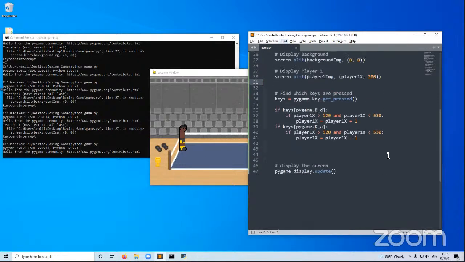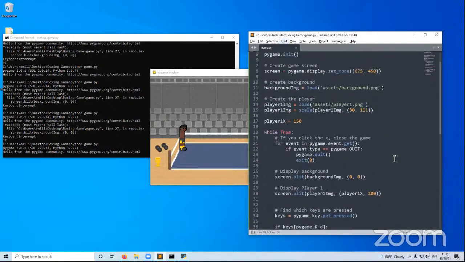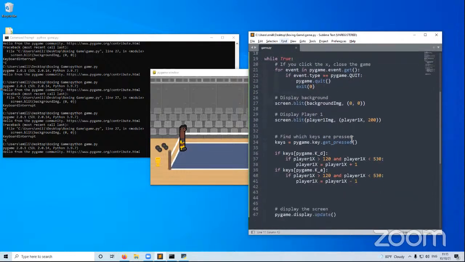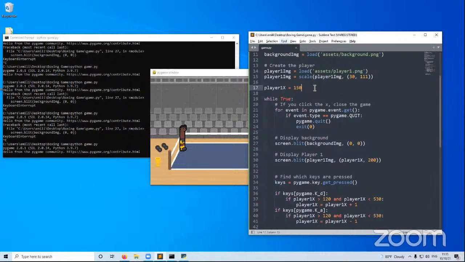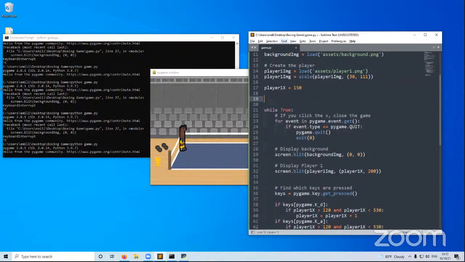But just like we showed here, I had to copy and paste this if statement. So it'd be really good if we can make this into a function. You might not really see now why it'd be useful, but I'm going to show you later on that having this in a function is going to make it a whole lot easier. So we're going to define a new function,